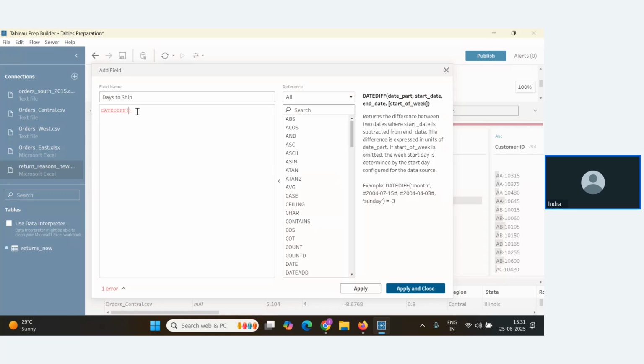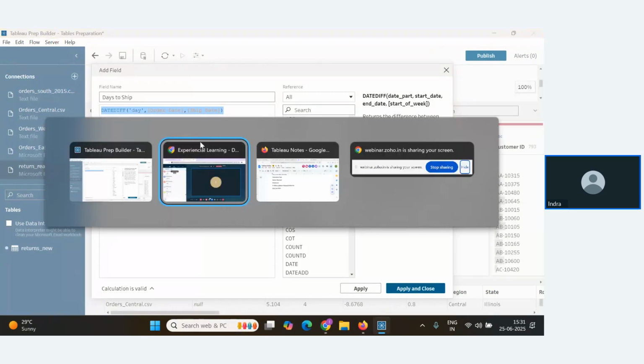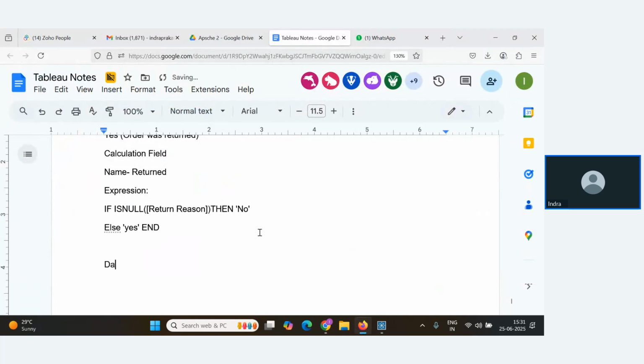I want the number of days, so I'll pass days in quotes, comma, the order date, comma, the ship date. That's it. This is the formula, the calculation field to find out the days to ship.